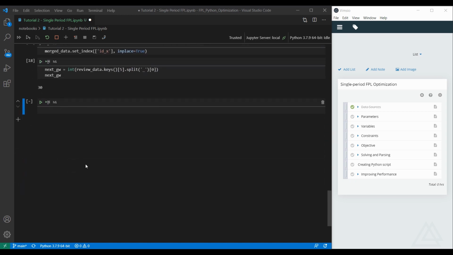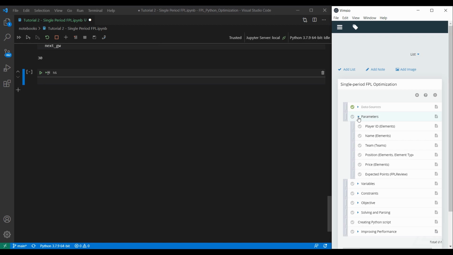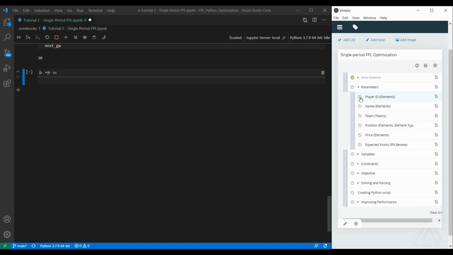And again, when you download a new data set for the upcoming week, you should see the correct game week number here. So we are actually ready. Let me open these parameters, and we already have the player ID, we have received the name, we know